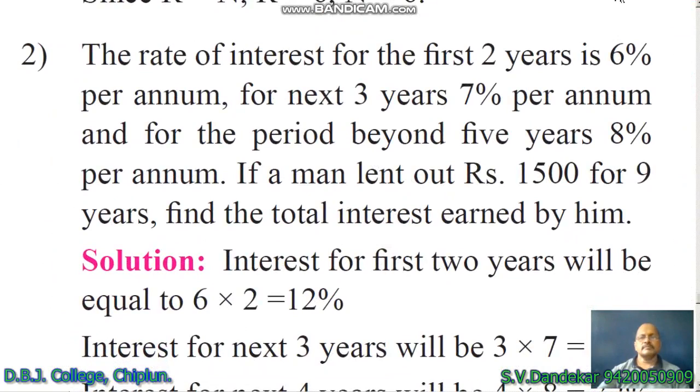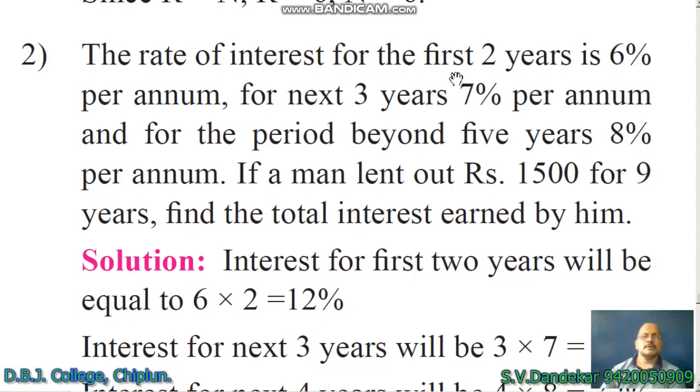Second problem, the rate of interest for first 2 years is 6% per annum, for next 3 years 7% per annum, and for the period beyond 5 years 8% per annum. If a man lent out rupees 1500 for 9 years, find the total interest earned by him. Here, as the interest type is not declared, we are going to consider this interest type is simple interest and not